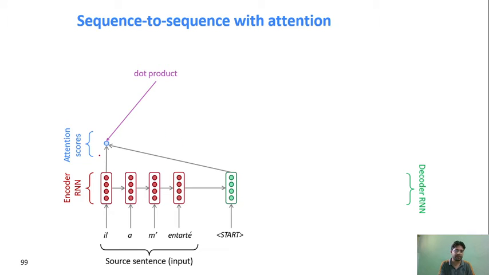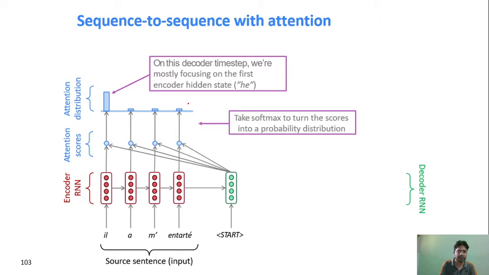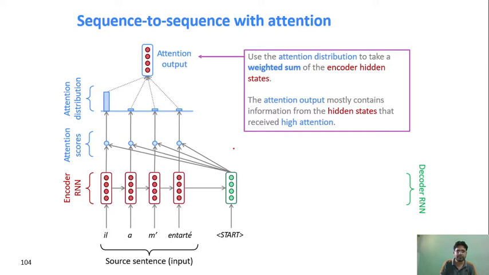So let's see. We have some attention score here. What we are doing is taking the encoder network, right, and computing a dot product. And once you produce a dot product, it will produce the next dot product, the next dot product, and the next, and based on whatever dot products come out, it is producing a distribution, like which particular input is important while it is producing the first output. So once it is giving the attention output, this attention output is saying, okay, this value is most important.